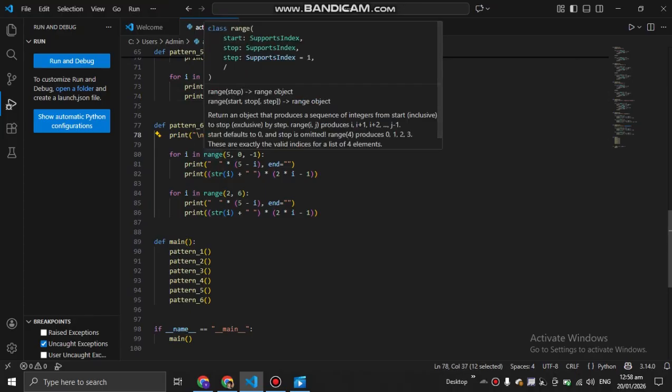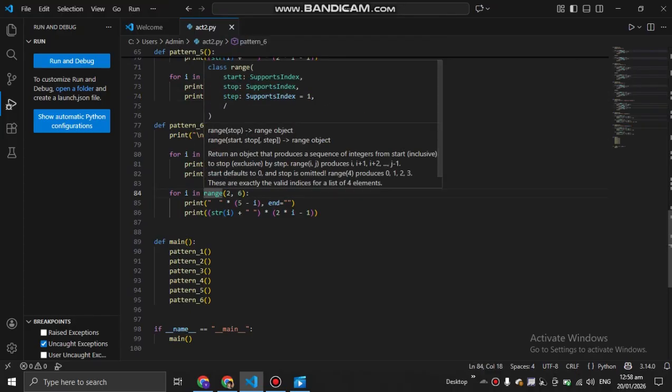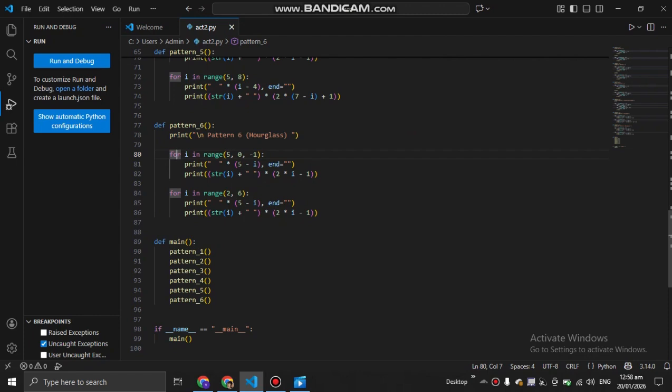In the first part, for I in range 5, 0, minus 1, this line of code is the top half of the hourglass, 5 down to 1. Then print blank space times 5 minus 1 and blank space.